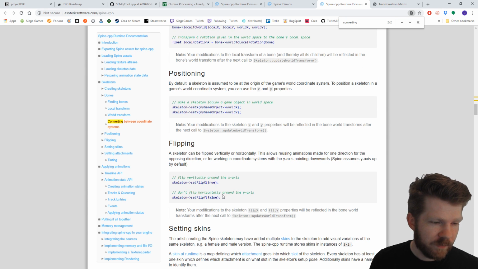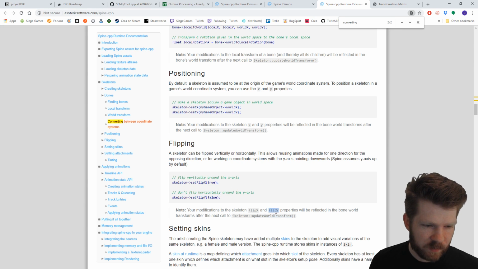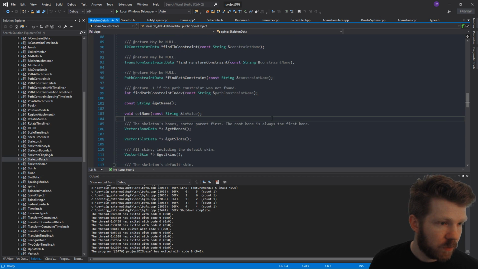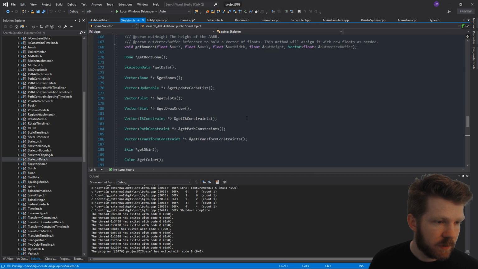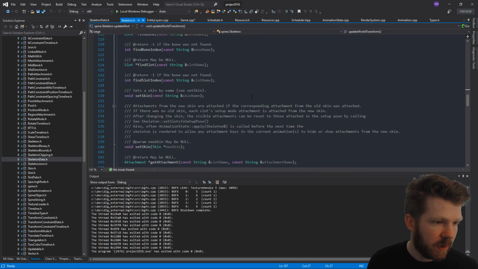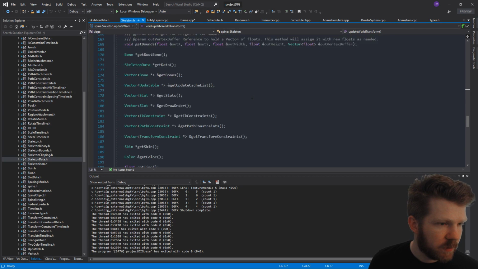So yeah, I don't even see this. I think that they're lying. I don't know what's going on. Why do they say that there's a flip? Maybe we should look at this update world transform and the skeleton. So that's in here. Okay. So let's go look at that, because perhaps